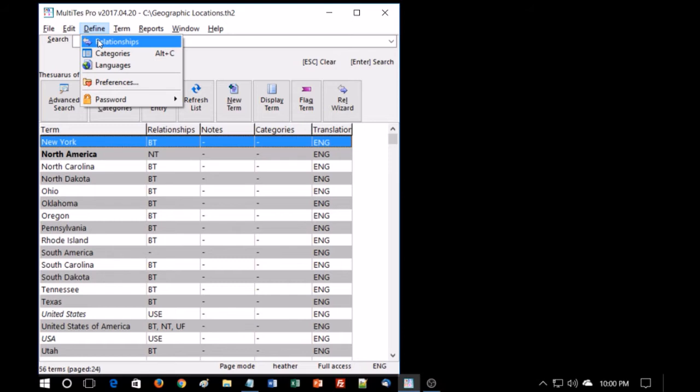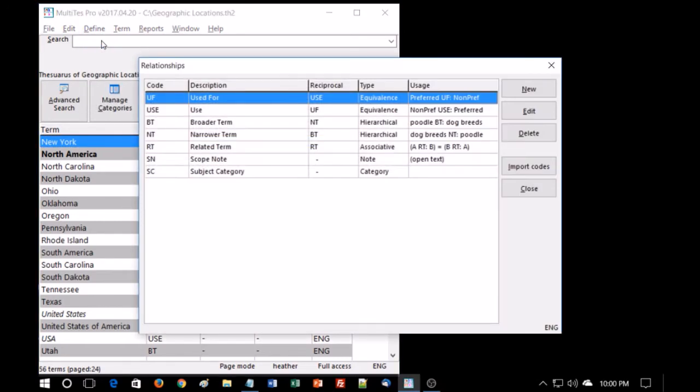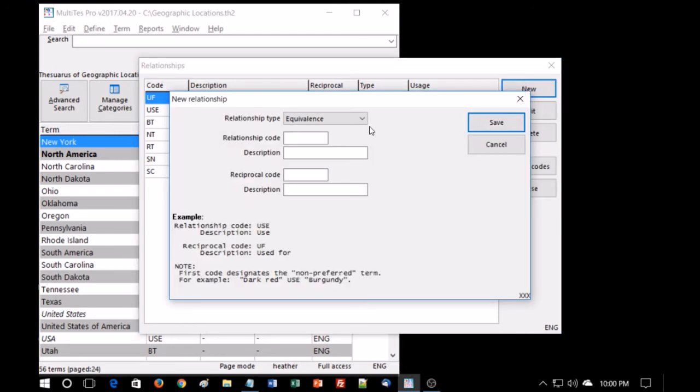So, to create the user-defined relationships, go to Define Relationships and click New. It does not matter what's highlighted here. And from the drop-down, select the type that's the basis. In this case, the equivalence is the default. And it's good to look at the example below so you understand which direction the reciprocal goes in. It says that the first code designates the non-preferred term. So we will type in